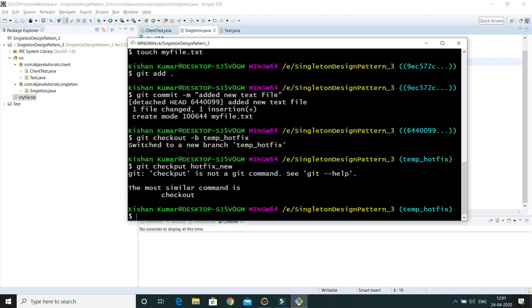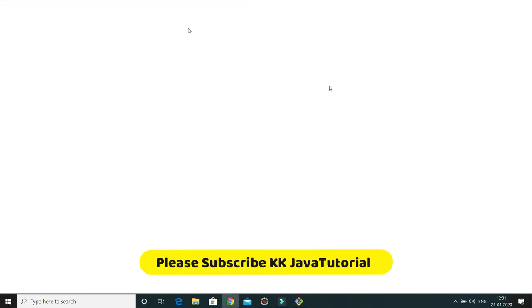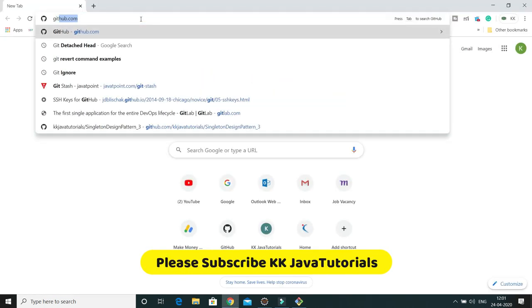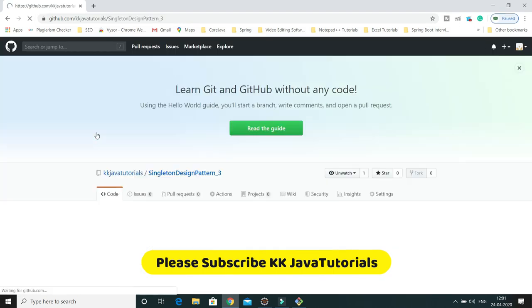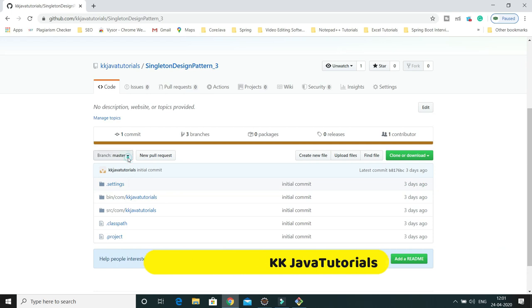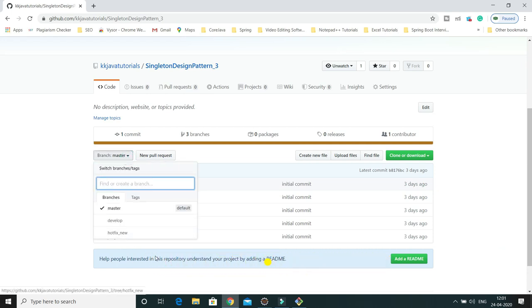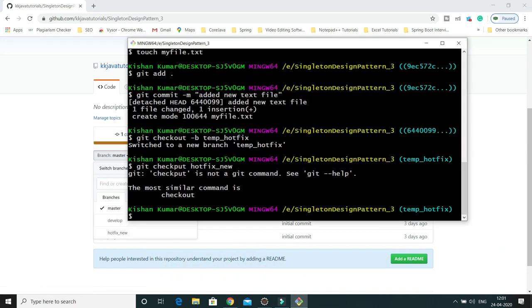Now let me check what's the branch name. Git checkout hotfix underscore new, that was supposed to be there. Let me check. Also I log in on github.com, and this is basically the repository. Hotfix underscore new is the branch name.